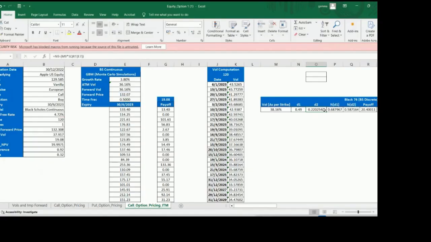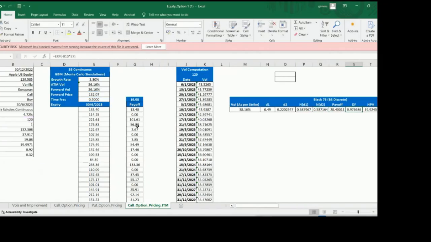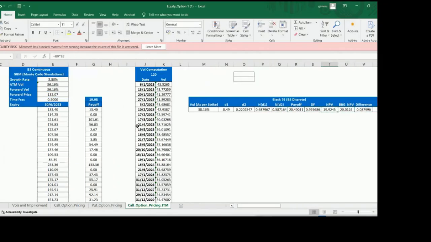Similarly, we calculate D2, and ND1 is nothing but the CDF of D1, and ND2 again gives the CDF of D2, and then you can just apply the Black-Scholes formula. The Black-Scholes formula is nothing but forward into ND1 minus strike into ND2, and then you just do the discounting, right? If you see, this is an NPV, this is a third-party NPV, the difference is